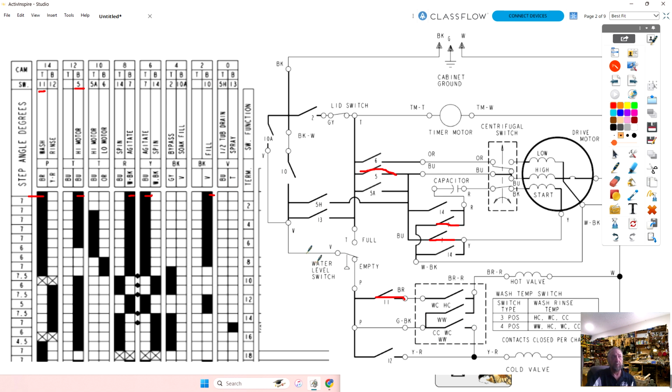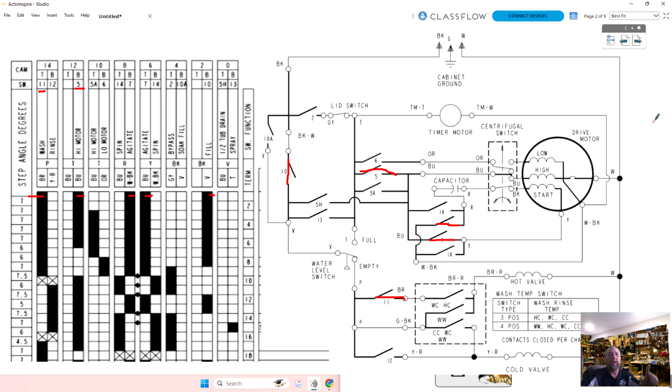Does that mean it's the same wire? No, the reason why we have two of them, I'll show you in just a minute. Let's go ahead and go through the circuits of what the machine's doing, and then I'll answer your question, okay? I just don't want to get ahead of what I'm doing.